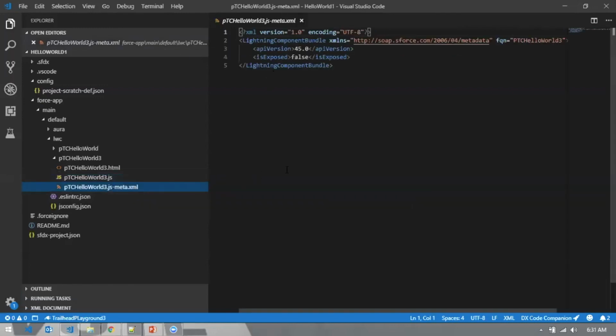And then we have the meta XML file. For people who've been working on Salesforce for quite some time and have had experience with any of the force.com IDs, the meta XML file is basically all the metadata for all the artifacts, whether it's a custom object, a workflow, or a custom field. It's all stored as an XML file, right? And Salesforce uses the metadata API to manage the metadata. So this is exactly